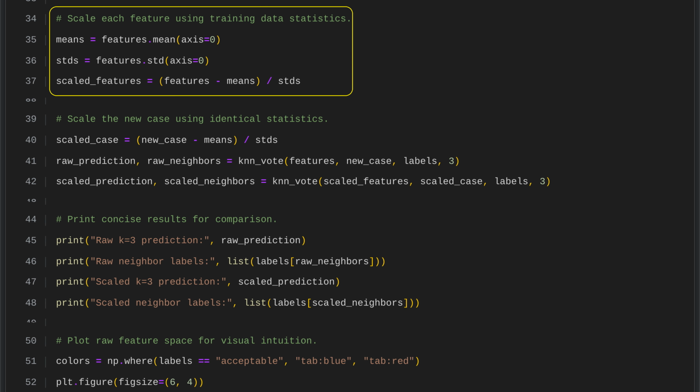To standardize the data, we find the average and standard deviation of each feature across all data points. Then each feature value is adjusted by subtracting its average and dividing by its standard deviation. This gives every feature a mean of 0 and a standard deviation of 1, which helps scale-sensitive algorithms like k-nearest